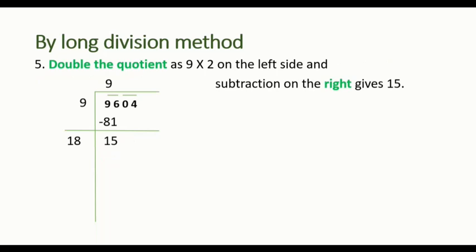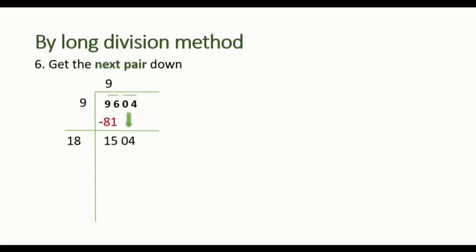Now if we see carefully, 15 being inside and 18 being on the left, we cannot divide 15 by 18 since it is lesser than 18. So in simple division, like we pull down the next number, here in long division, we will pull down the next pair like this. So now the most interesting step of the entire method lies here.